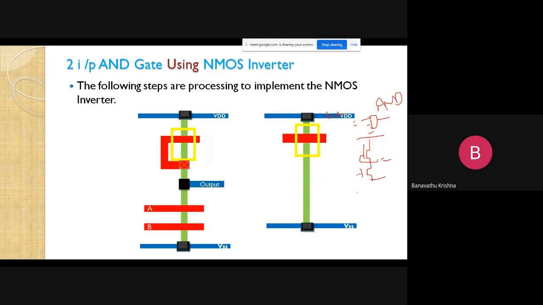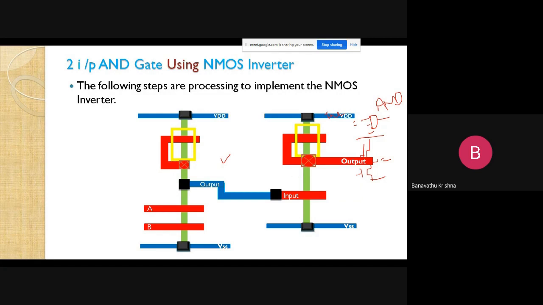Pull-up device, gate connection, valid contact gate, and then the enhancement mode device, that is the pull-down device, and one more layer is taken here, a metal layer. So the output of the first stage is given to the input of the second stage. But observe here, this is the polysilicon layer, and this is the metal layer. So in this case, I want to make the contact cut. Now it is performing the AND operation.